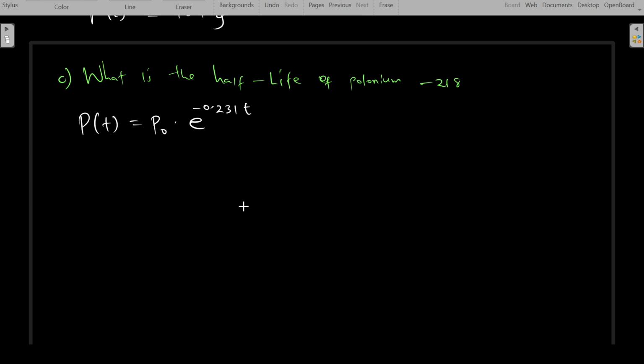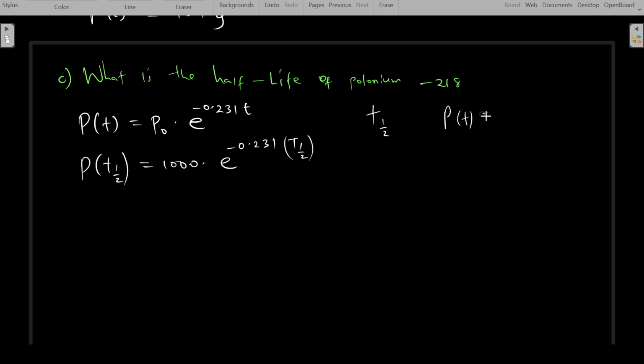We need the half-life, so I'll say P of t half equals the original amount, 1,000, multiplied by e raised to negative 0.231 multiplied by t half. For half-life, this is the third condition. Remember, in our previous video, we said for a half-life, the amount present after this time has elapsed